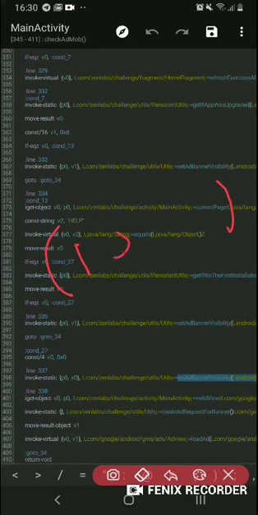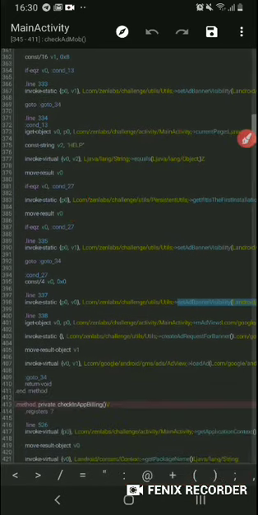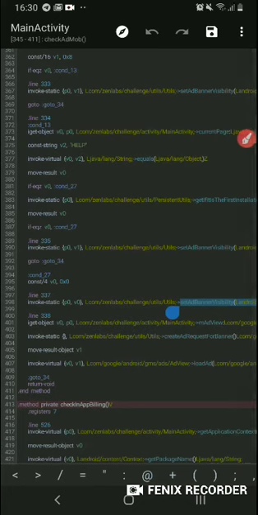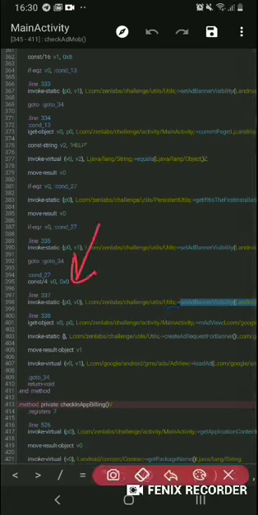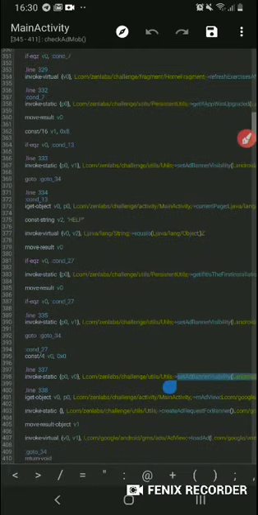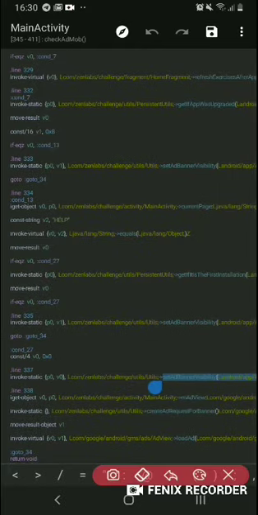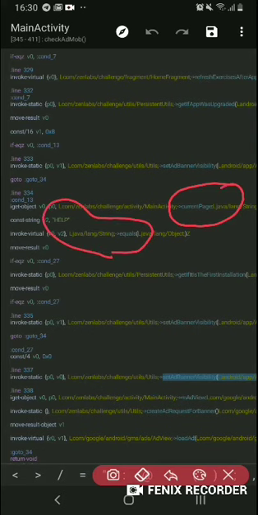Condition 1 and condition 2. It means these two conditions should be true to execute the remaining code here. So let's see what these two conditions are. The first condition says, check if the current page equals help. So if the page you are seeing is the help page,